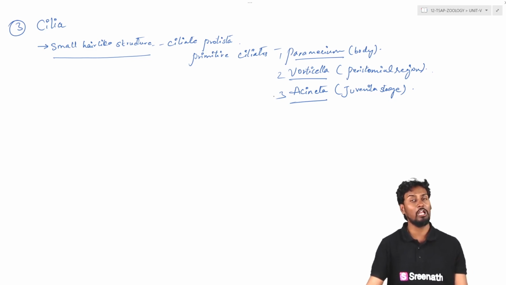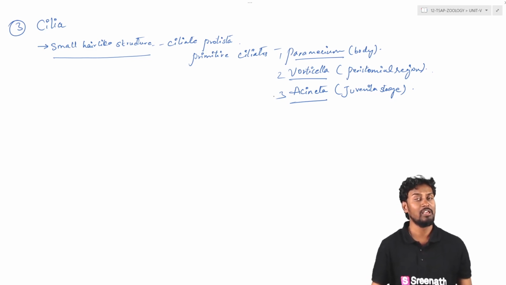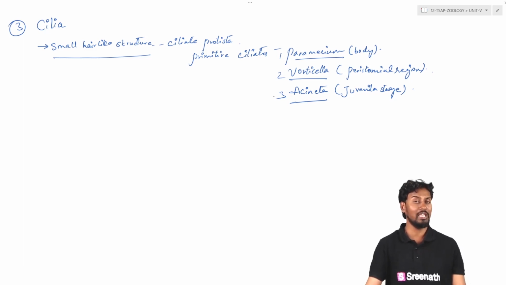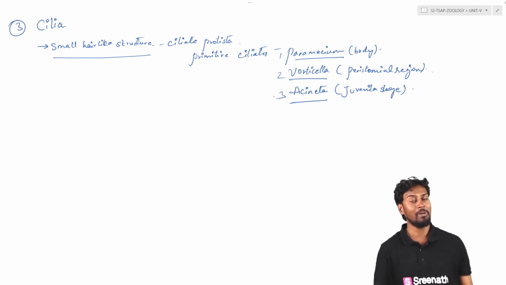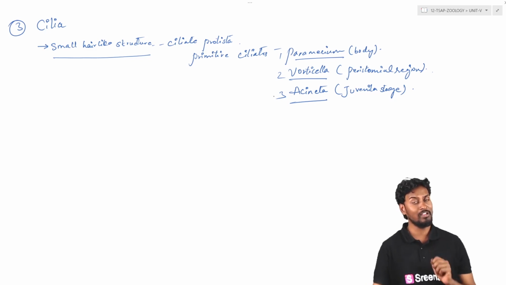Apart from this, we can also see the presence of ciliated epithelial cells, for example in higher organisms like human beings, in the upper respiratory tract. The respiratory air passage is generally covered by ciliated epithelial cells, which are involved in filtering the air, dust and also microbial particles. That is one example of ciliated epithelial cells in higher organisms apart from the ciliated